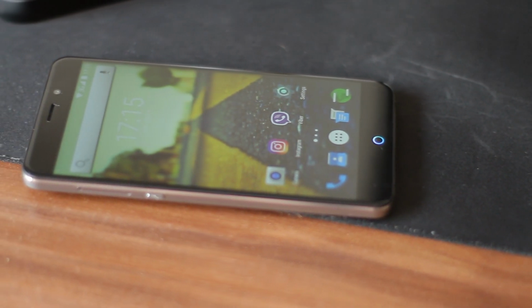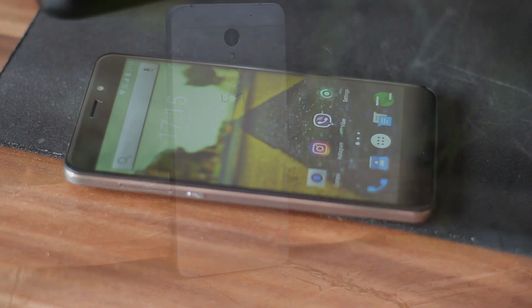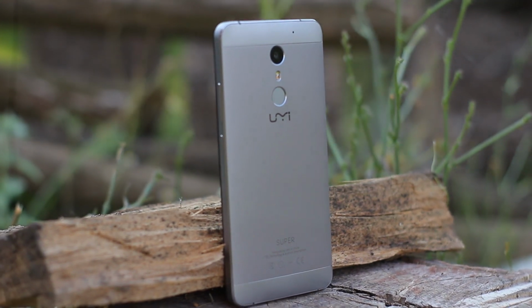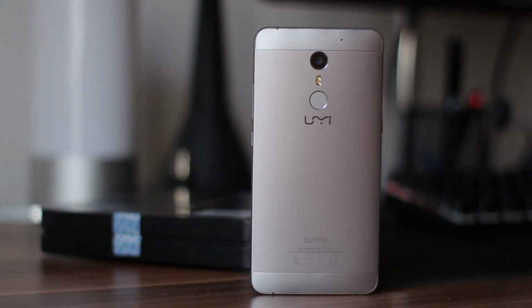So here we are to find out: will UMI Super raise the standard in the China brand smartphone market? Let's find out. We are looking at an entry high-end device with admirable specifications. Helios P10, also known as